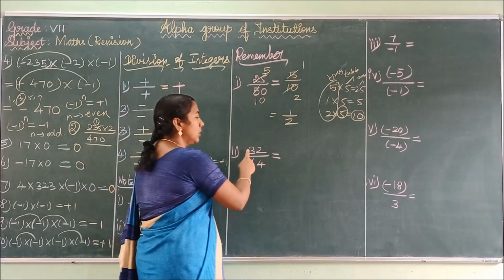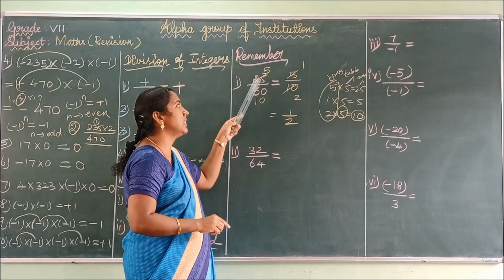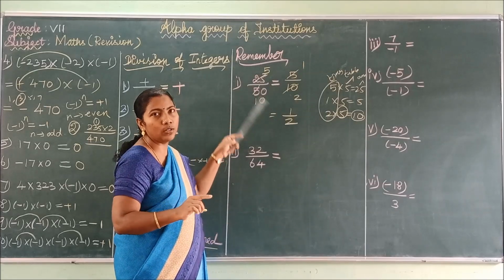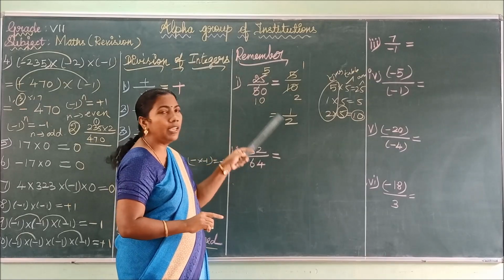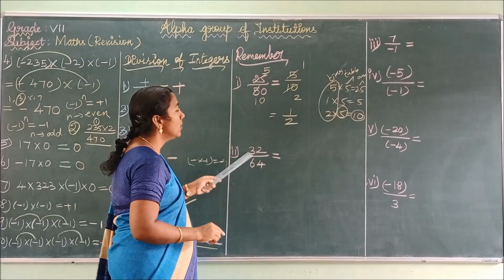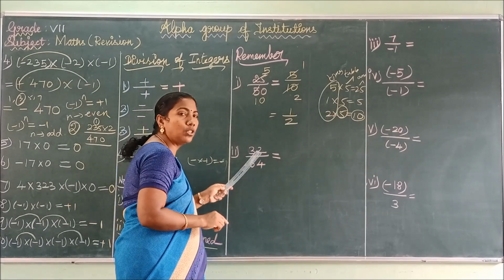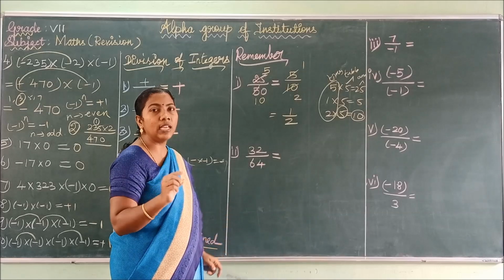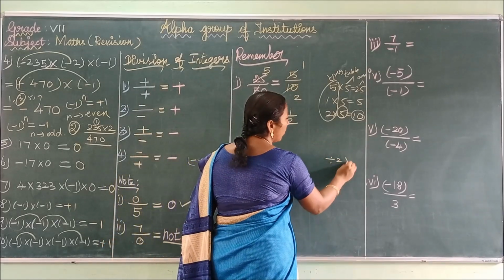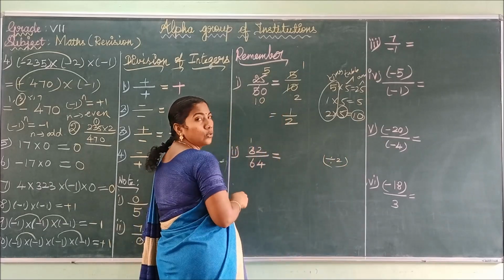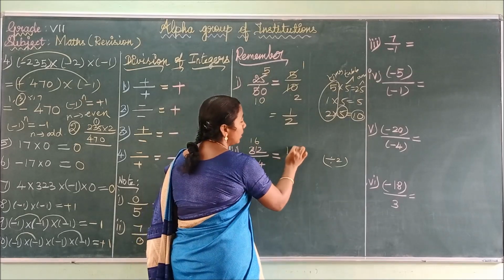See the next one, 32 by 64. Suppose you straightaway know the answer, you may cancel this number by using the 25 table also: 1 twenty-five is 25, 2 twenty-fives are 50. You can straightaway cancel this. Okay, see the next one, 32 by 64. You have to remember that you must cancel both the numerator and denominator by using the same table. Now here I am going to use the 2 table. 1 two is 2, so the remainder is 1. 6 twos are 12. So here you have the number 16.